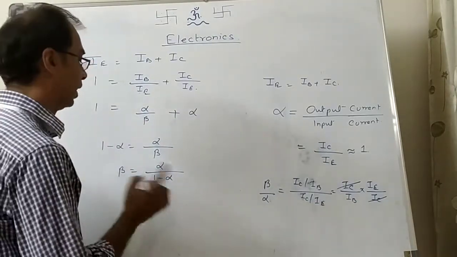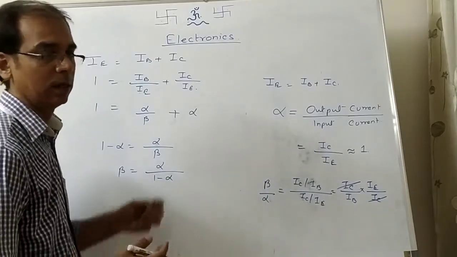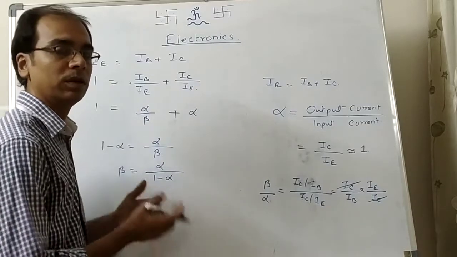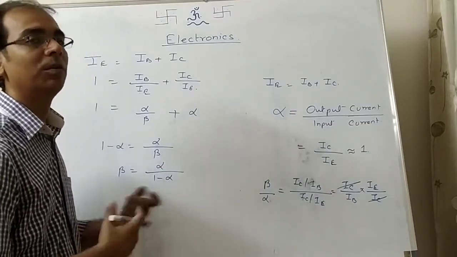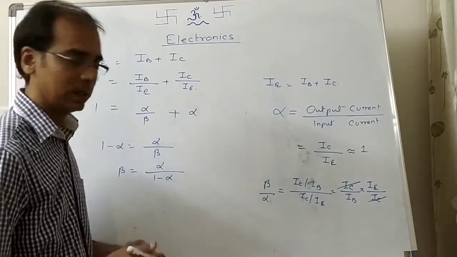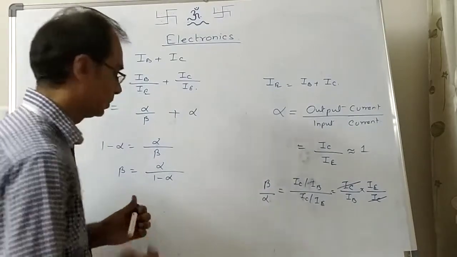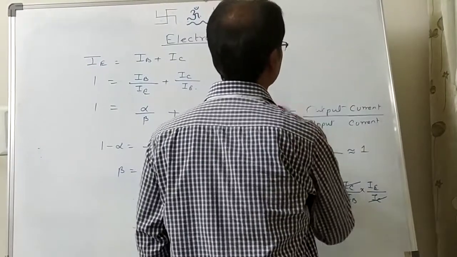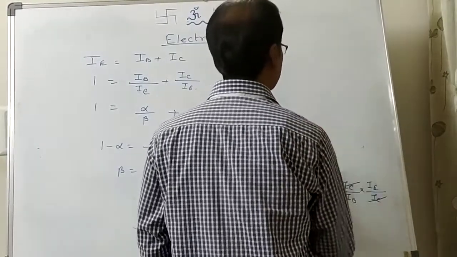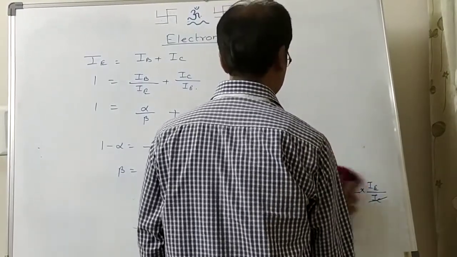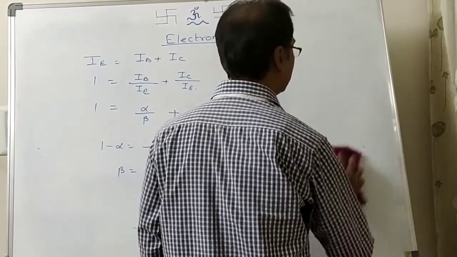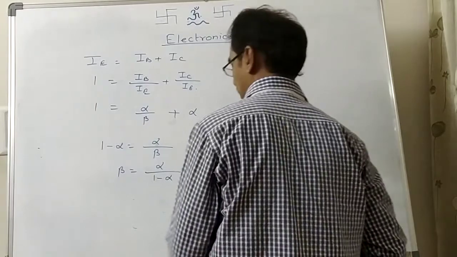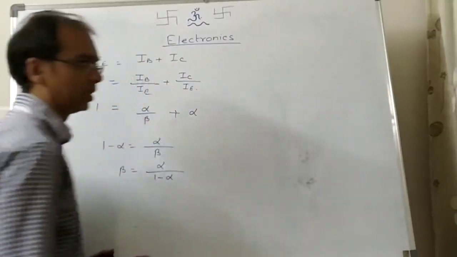That alpha value is the amplification factor in a common base circuit. So what will be the value of the amplification factor in a common emitter circuit, or vice versa? That kind of question can be asked. Then what are the other questions asked on transistor circuits, particularly on amplification? First of all, the basic working of amplification is the same as I explained about the transistor.